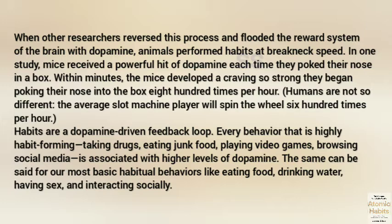The average slot machine player will spin the wheel 600 times per hour. Habits are a dopamine-driven feedback loop. Every behavior that is highly habit forming, taking drugs, eating junk food, playing video games, browsing social media, is associated with higher levels of dopamine. The same can be said for our most basic habitual behaviors like eating food, drinking water, having sex, and interacting